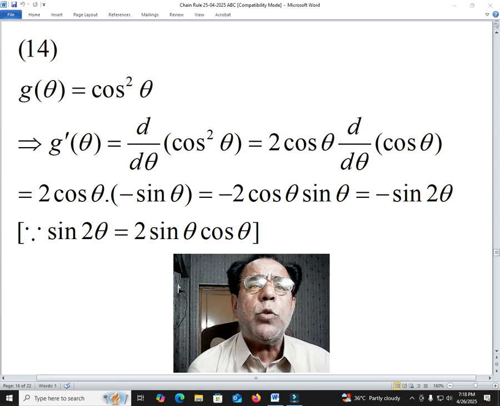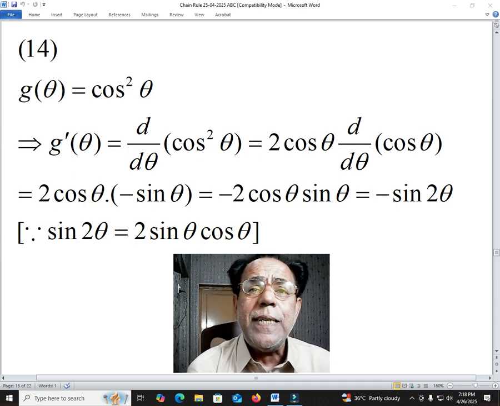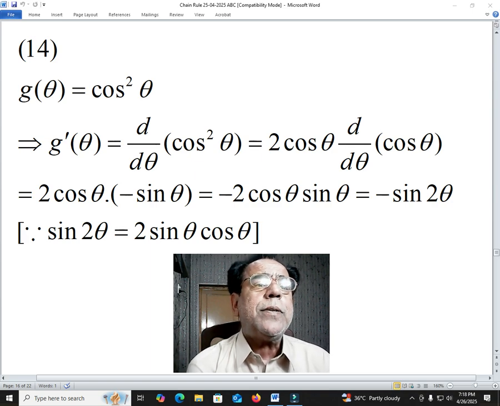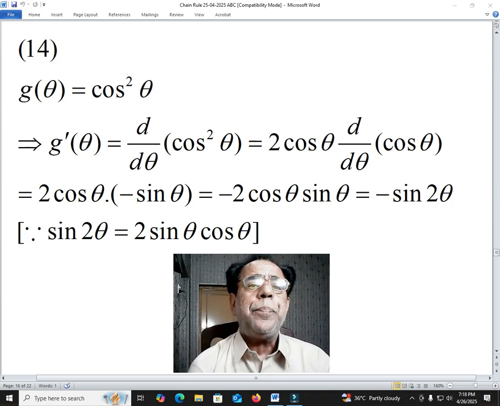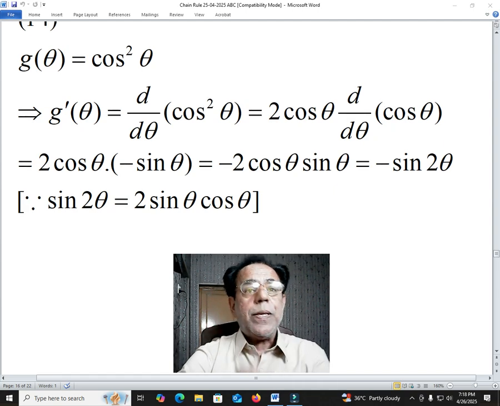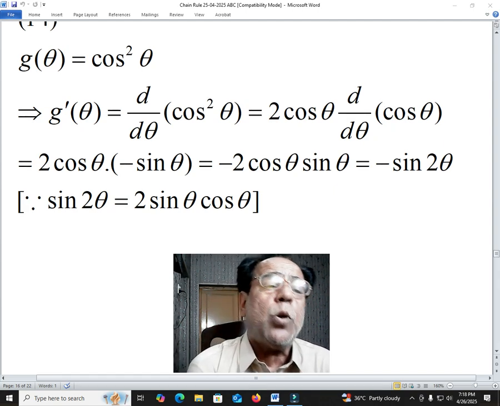So it will become 2 cos theta and then differentiation of cos theta, that is d over d theta cos theta. We know that differentiation of cos theta is minus sin theta, so we will get 2 cos theta into minus sin theta, and it will become equal to minus 2 cos theta sin theta, and it is equal to minus sin 2 theta because